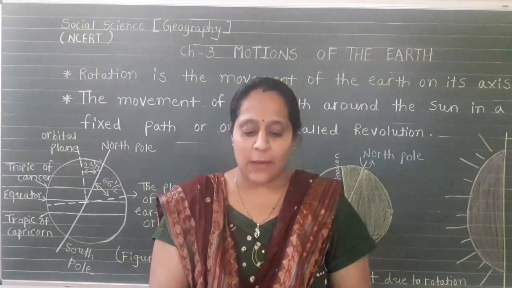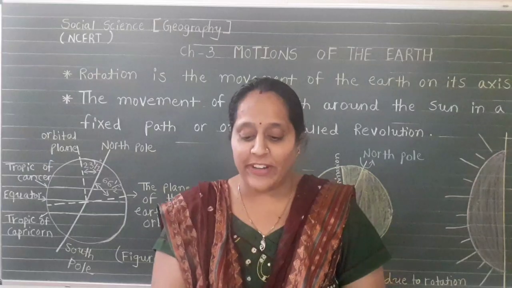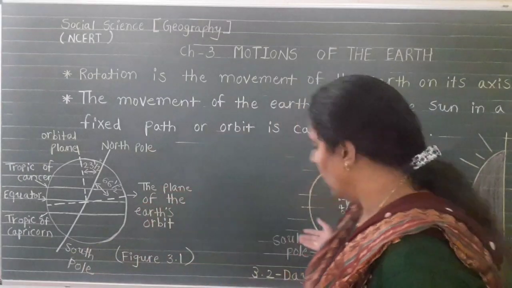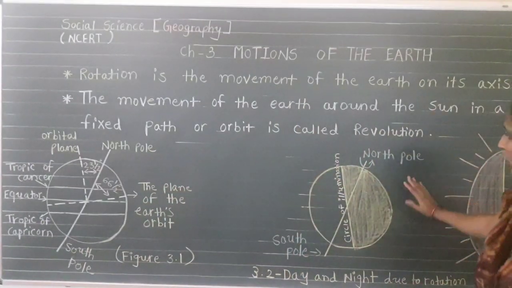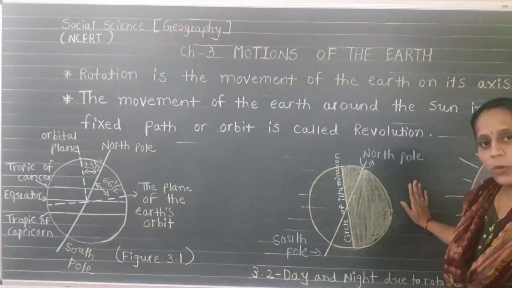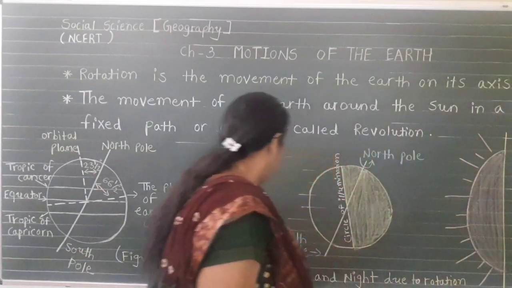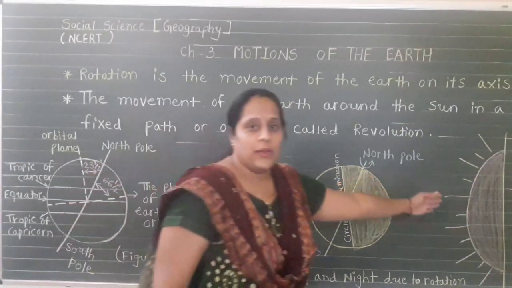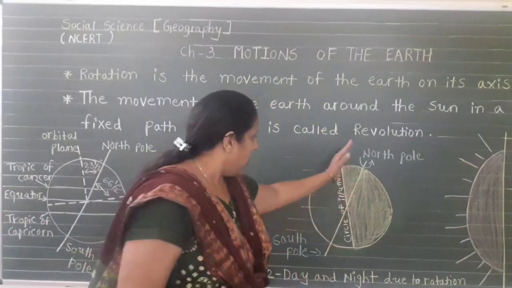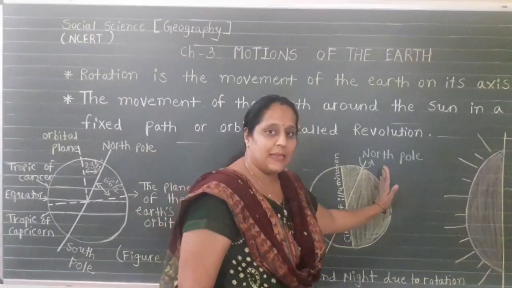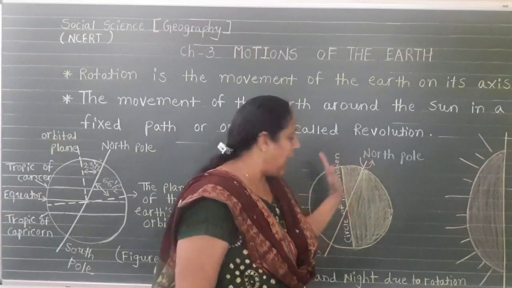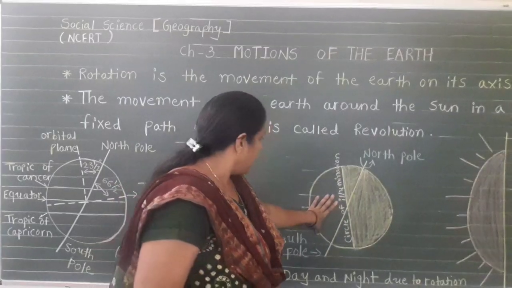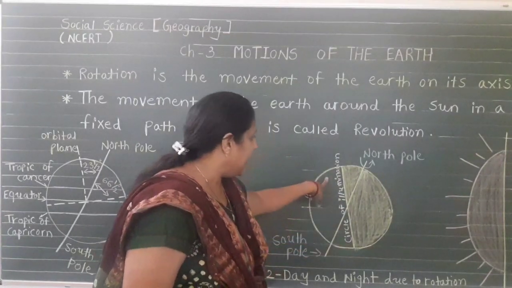Due to the spherical shape of the earth, only half of it gets light from the sun, which is already given in figure number 2. Here another figure is shown to you. Through this figure we come to know about day and night due to rotation. So here I will show you the reflection of the sun, which is only on half of the part. Half of the part is getting light from the sun and half of the part you see is night time because of darkness. So this is called the circle of illumination.